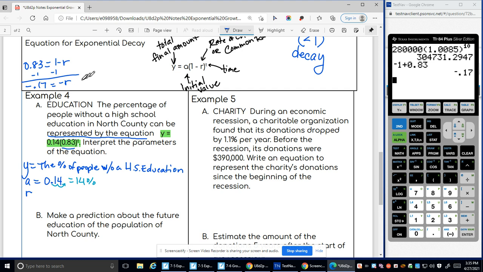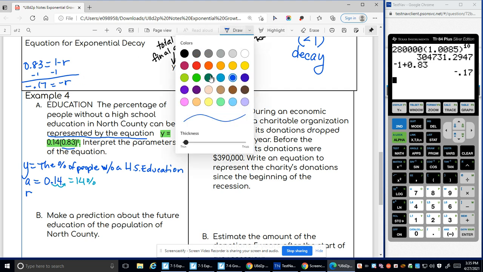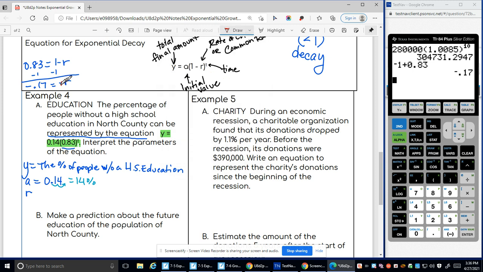And we can just divide by negative, or change all of our signs, so you get positive, positive. And R will now equal positive 0.17, right? If we're talking about this as a percentage, then, and the reason, like, with the last one, we